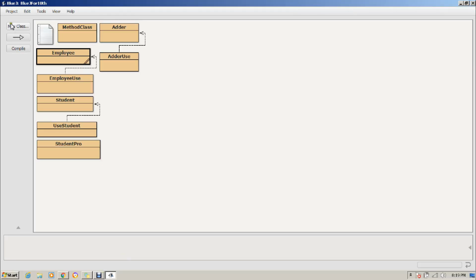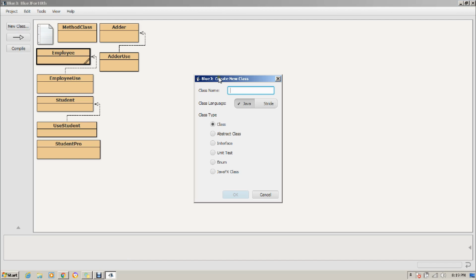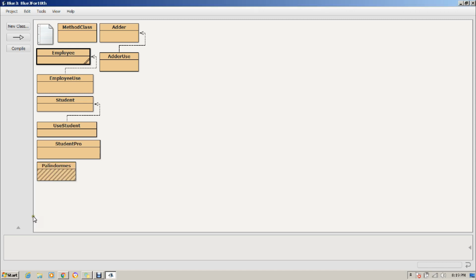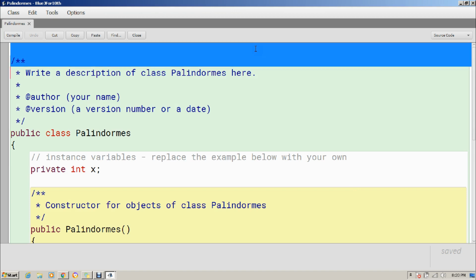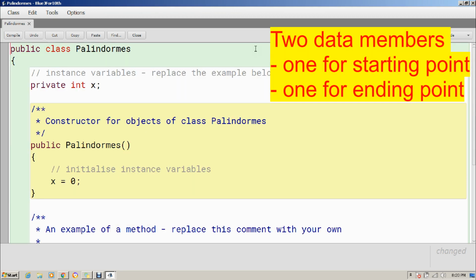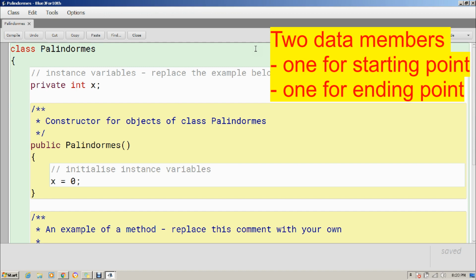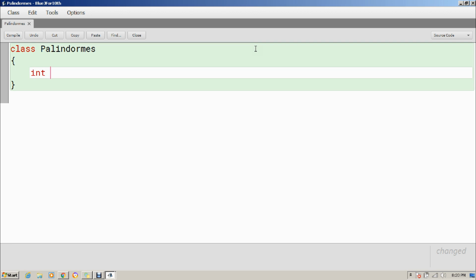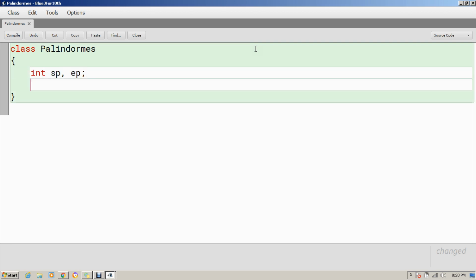Okay students, now we will see how programming complexity gets reduced with the help of methods. For that I am creating a Palindromes class, and inside this class I will create two data members for the range. One will represent the starting point and one the ending point, as SP and EP.